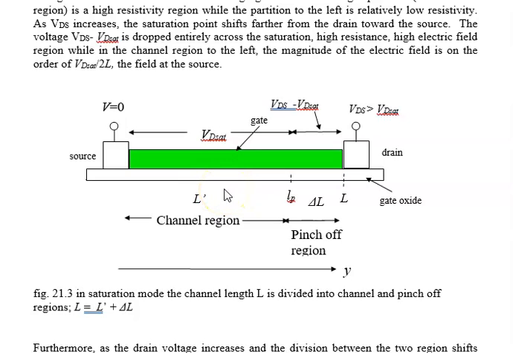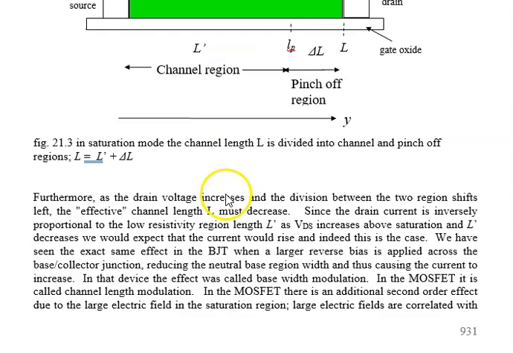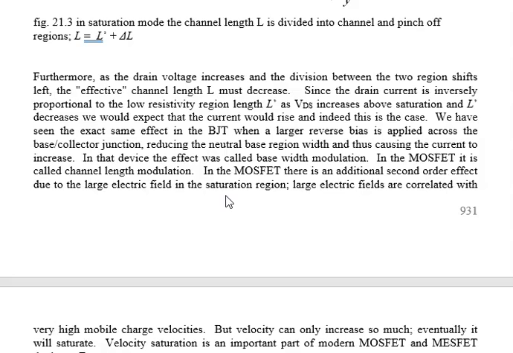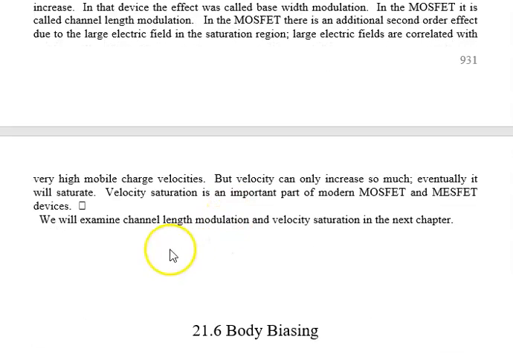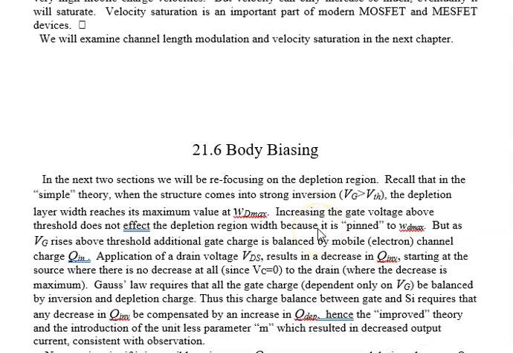That's one takeaway. And the other takeaway is there's something called velocity saturation, where the electric field gets so big that the velocity cannot increase anymore, and we lose our square law dependence. And as they say, good riddance. You don't need it anyway. It makes the circuit designer's job a little bit easier not to have a square law dependence. So we're going to examine channel length modulation and velocity saturation quantitatively in quite a bit more detail in the next chapter.